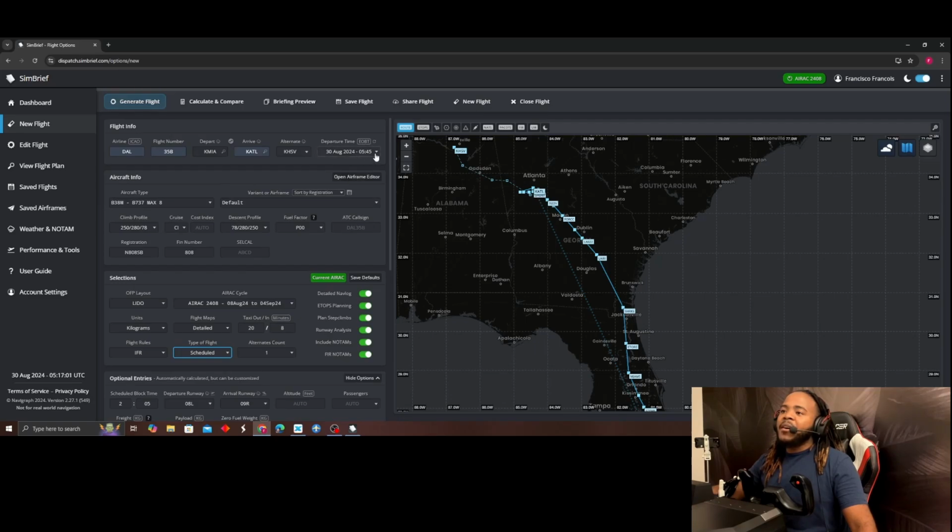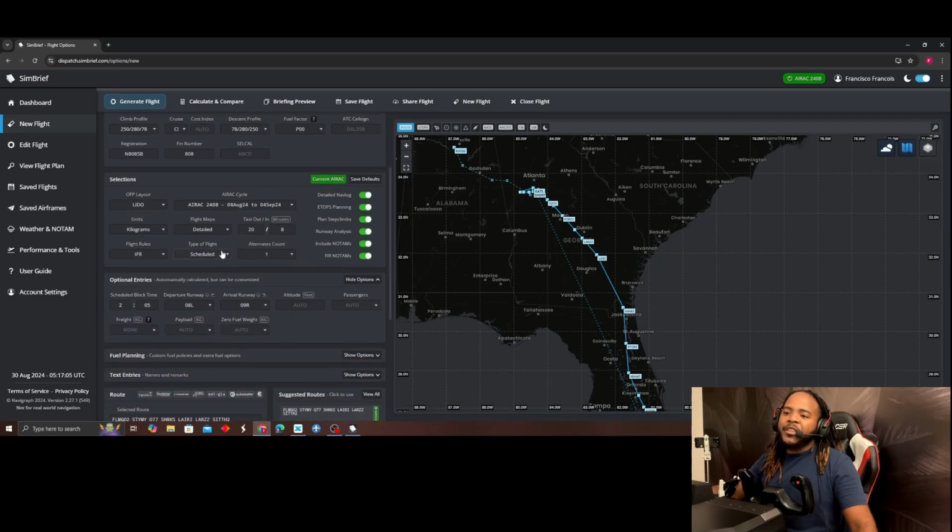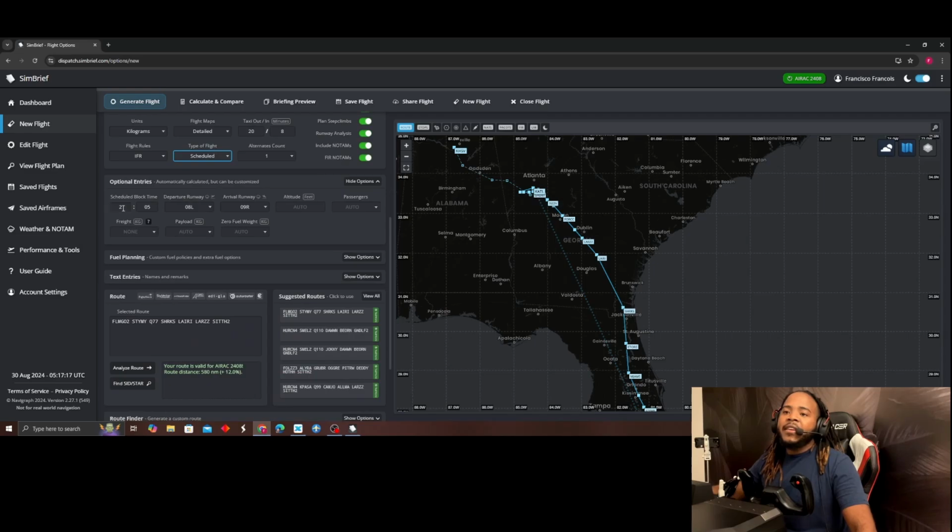Zulu. But let's do non-schedule, so we can just leave at whatever time. Either way, even if you pick schedule, you can take off at whatever time. You just gotta make sure that your actual weather information is current for the time that you are trying to perform the flight. And then here it gives us a breakdown of the schedule block time,